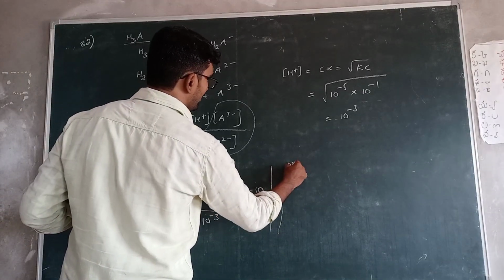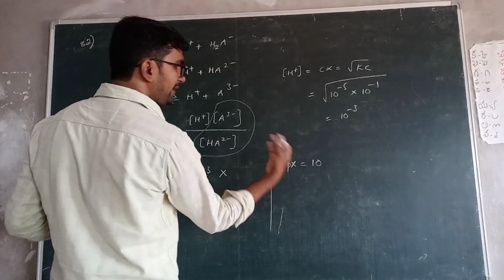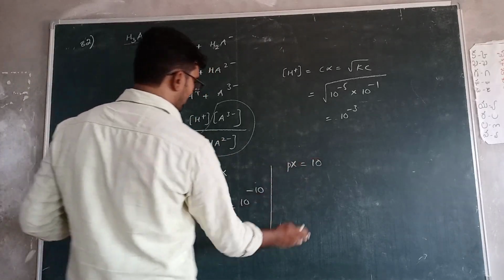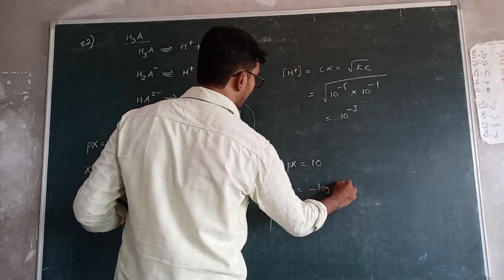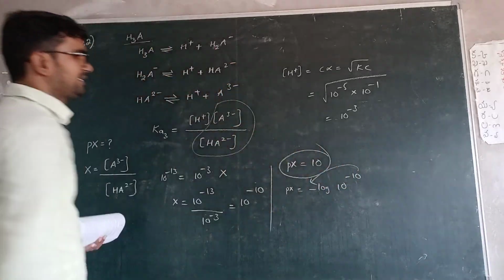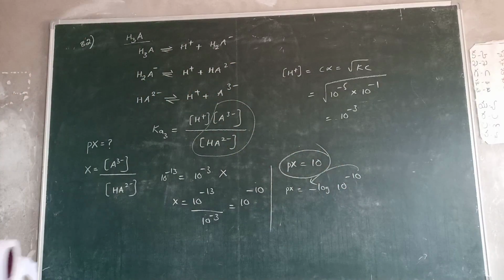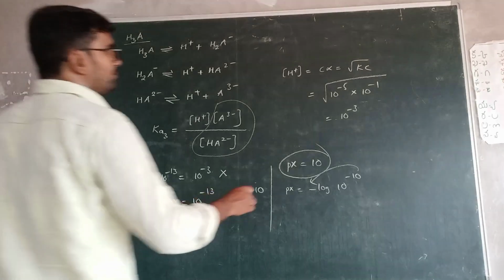Then px is equal to... the H plus concentration is equal to this one. Then px is equal to, we know how to calculate. So px is equal to minus log 10 to the power of minus 10. This one move to front, we got px is equal to 10. Okay, completed. And 84 also miscellaneous.